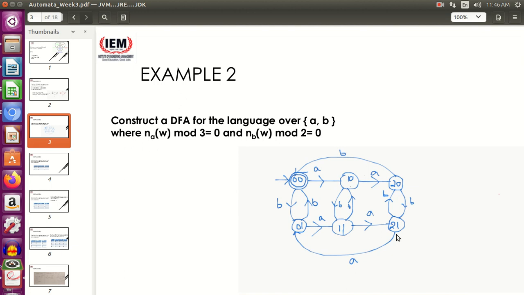One question, ma'am. From 2,0, if we get a B, where will we go? It can go to 2,1 and also go back to 0,0. Once more, can you say? I didn't get your question, Rohit. This one is a printing mistake. I told you this one will be A, this one won't be B. I'll correct it when I post. This will be A. This entire thing is for A. Horizontally, whenever you are counting, this is A. This is also A. Vertically, you are counting B. So this is wrong, this will be A. So on getting B, it will come to this state, it won't go to this state.